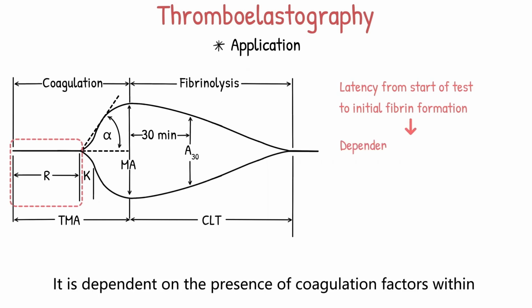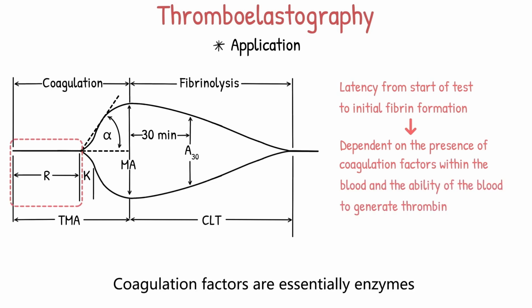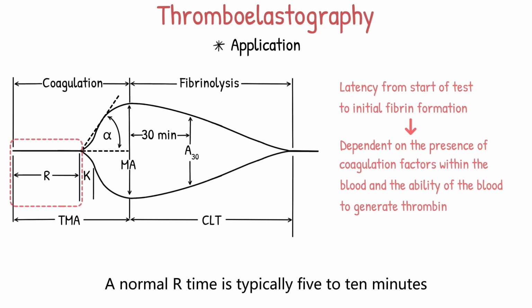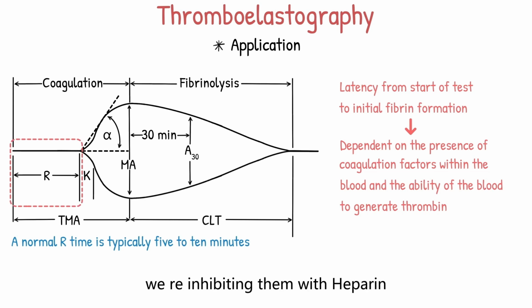It is dependent on the presence of coagulation factors within the blood and the ability of the blood to generate thrombin. Coagulation factors are essentially enzymes that drive clot formation. A normal R time is typically 5 to 10 minutes. If we don't have enough coagulation factors in the blood, or we're inhibiting them with heparin, then R time is going to be prolonged. If we have too many coagulation factors or we're overcoagulating, then the R time might be